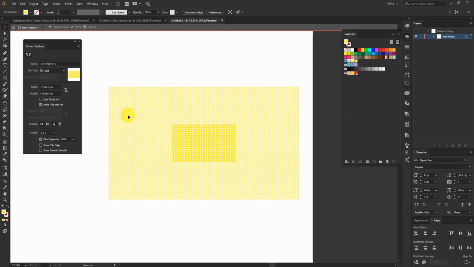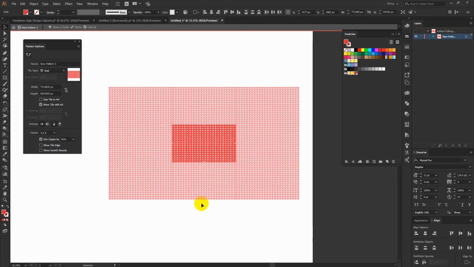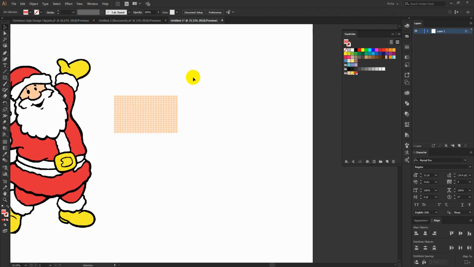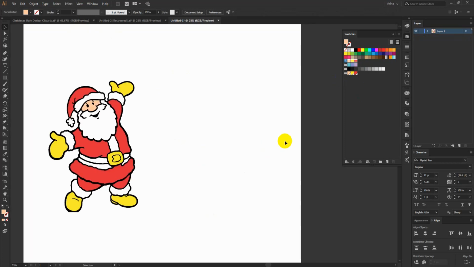Double click there, again selecting them all from here, making them red. Okay, now done. Okay guys, so the main part is done here. I am going to erase that part. I have three swatch panel here. Okay, I need one more.